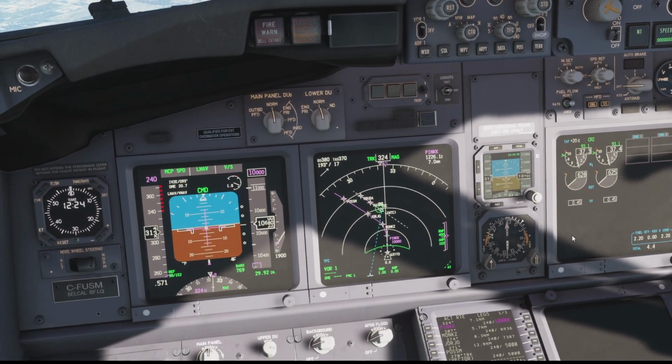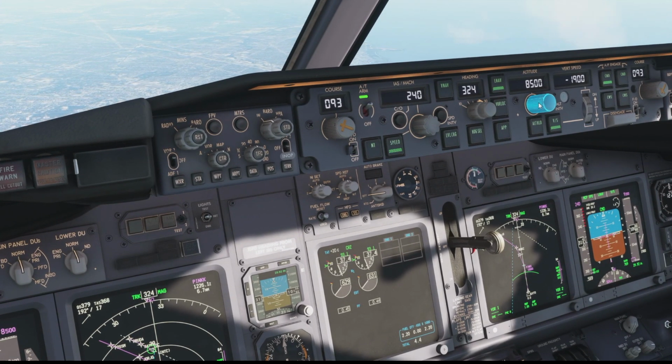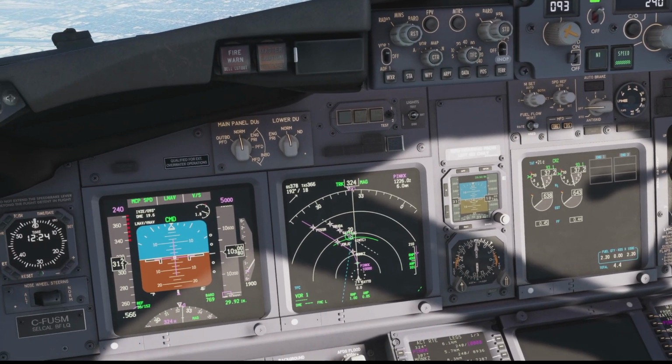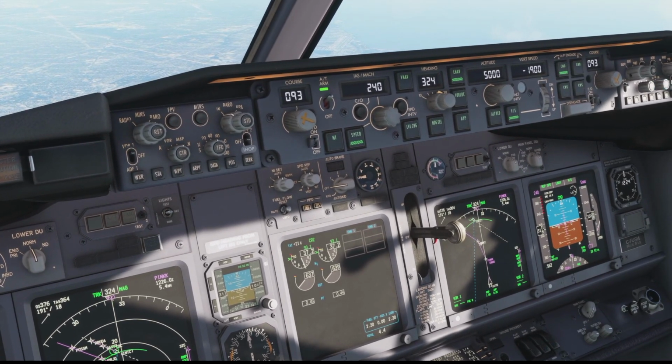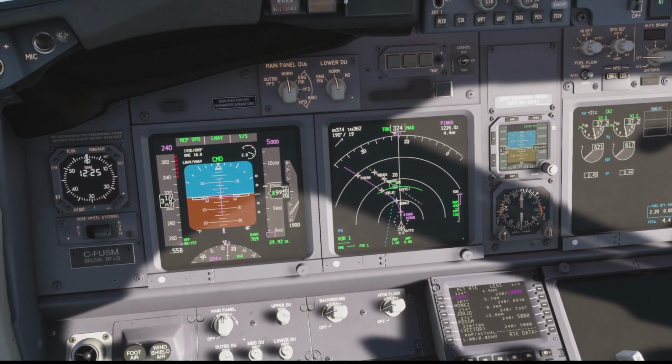And as we're now approaching our 10,000 feet, let's wind in our next altitude of 5,000, which is where we need to be by Possum. So let's wind 5,000 into the window, 5,000 set. And our ground speed is also coming down quite nicely now, so we can reduce our rate of descent a little bit more. So let's go 1,800 feet per minute,